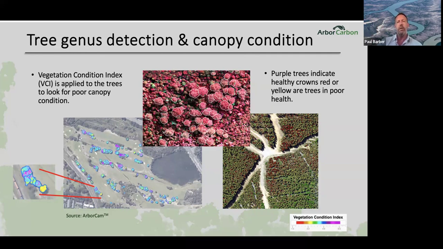We turned that data around within about a week and a half. We were able to put a point on every single tree, and each of those points was able to produce a scale of the vegetation condition index from the healthiest, which are those green dots, down to the least healthy, which are those red dots. So that told them very quickly where they should go out and where they should harvest, and they had the harvesters out there within a week removing those trees.